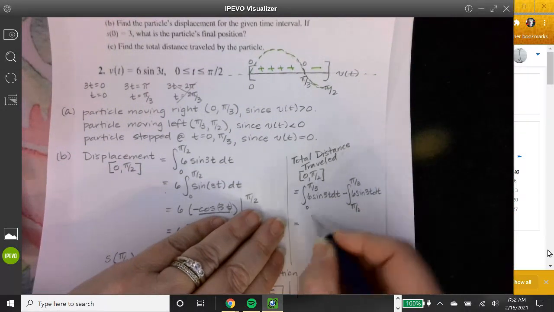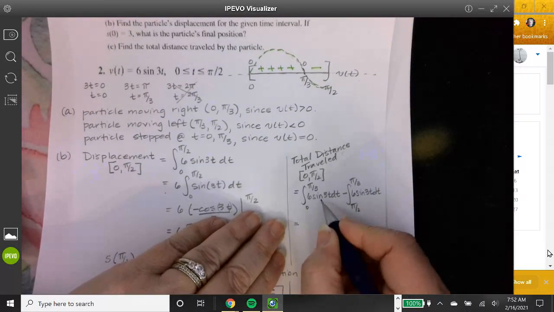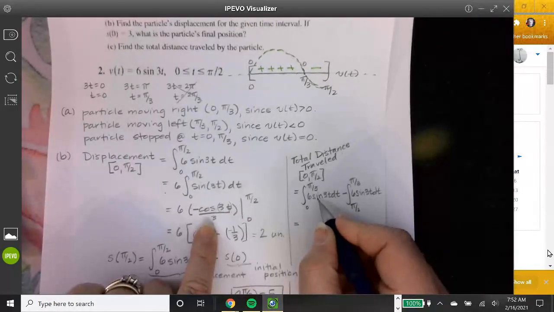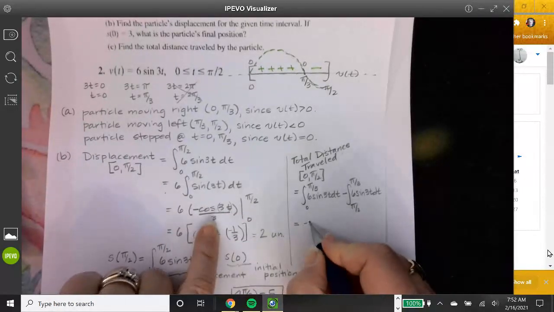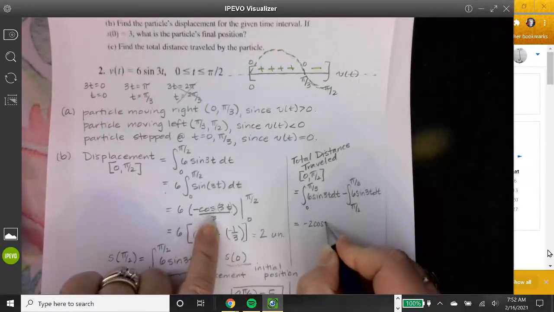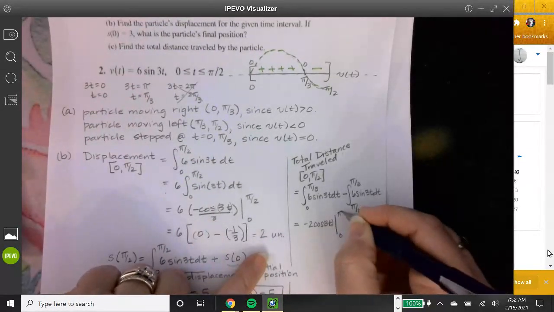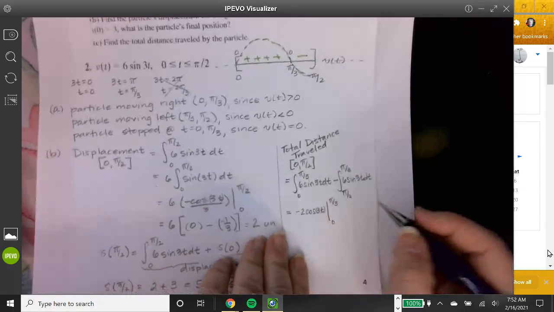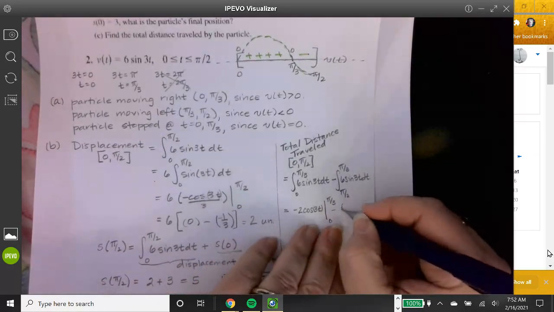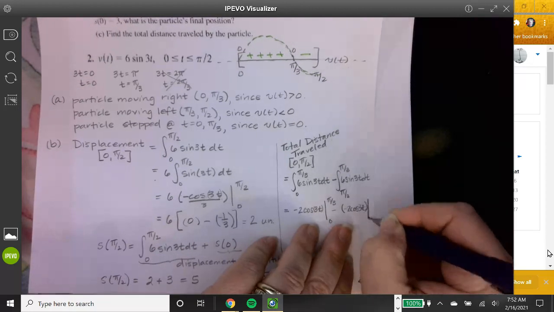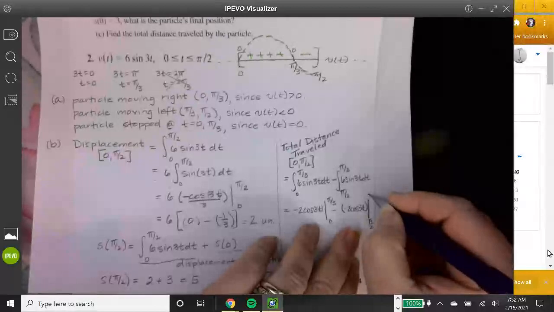Okay, so I already know the antiderivative of this function because I did it here. So I can even reduce this. I can say this is negative 2 cosine of 3t evaluated between 0 and pi over 3, minus negative 2 cosine 3t evaluated between pi over 2 and pi over,